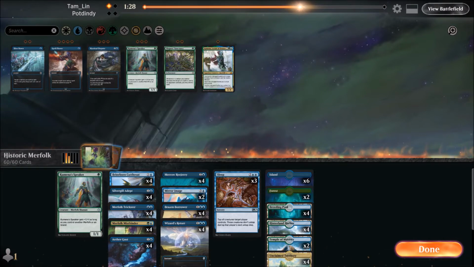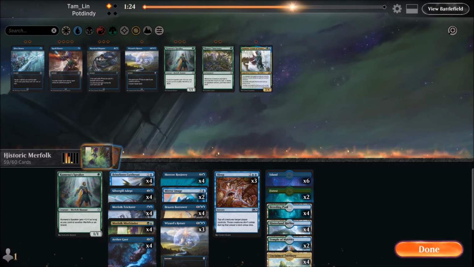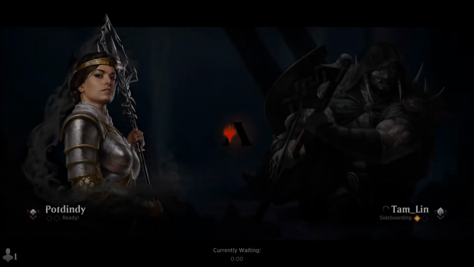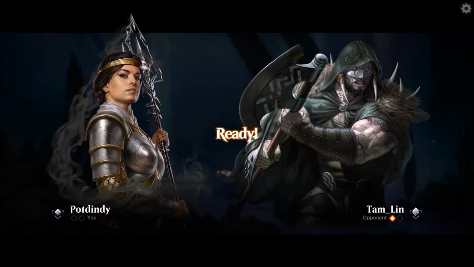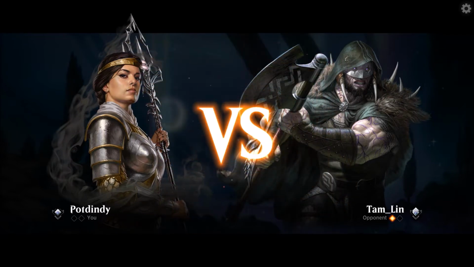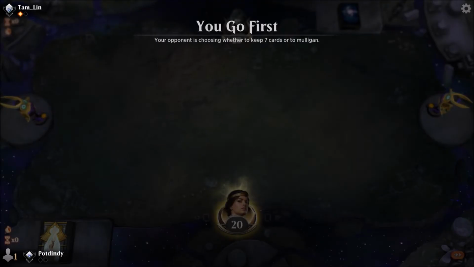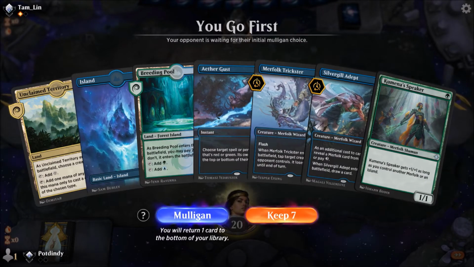Let's just bring in the counterspells. Why not? Because we got to put on a clock. 2/2 for 1 isn't great, but alright, let's kill him quick. Well, alright, we got our...